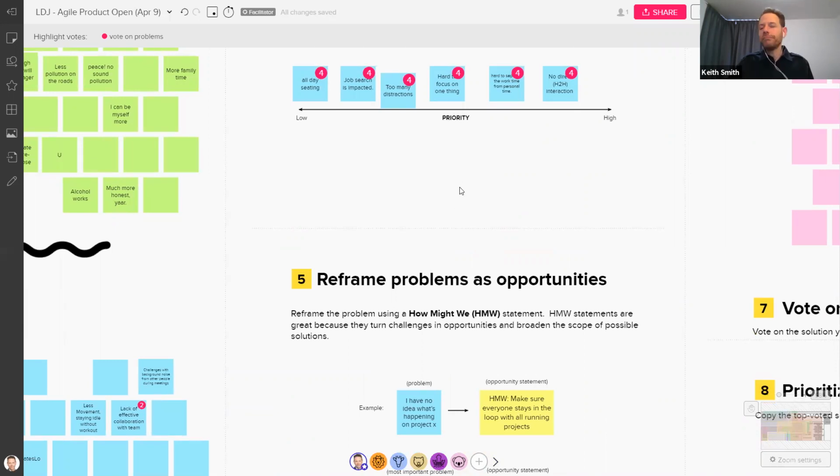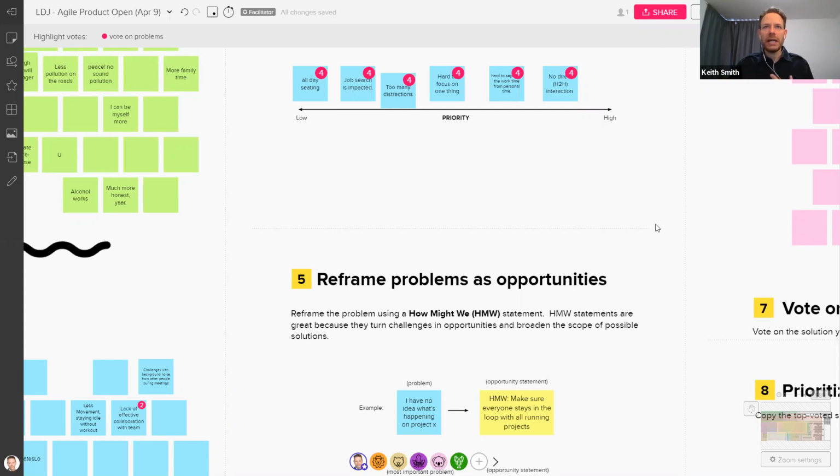You could do another quick vote, a tiebreaker, to determine which one of these you want to move forward with. If you had, let's say, 2 groups of 4 to 8 people, you could have one group move forward with one of the problems and the other group move forward with the other. So really at this point,